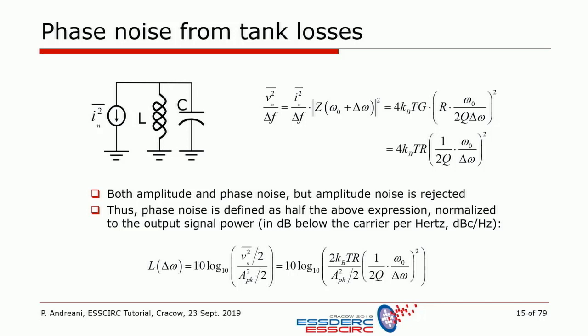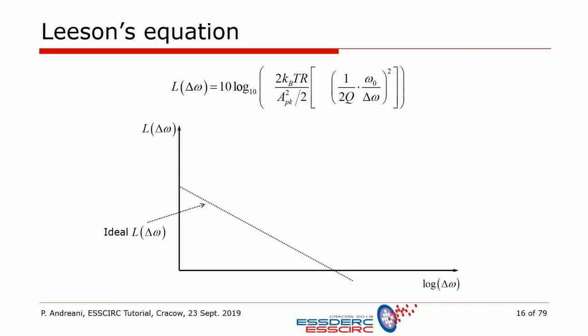So this equation here is the fundamental part of a very famous equation, the so-called Leeson's equation, a kind of heuristic phenomenological equation that was proposed in 1966 by Leeson,